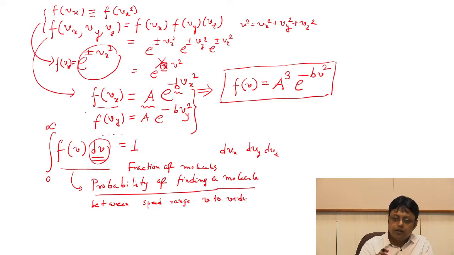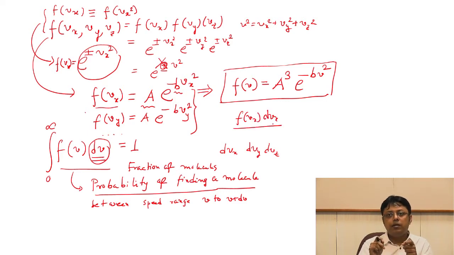But what the functional form we got from f of vx, if we just ask this similar question, what is f of vx dvx, that basically tells you it is the probability of finding a molecule with an x component speed vx to vx plus dvx. So all we have to do right now is to ask this question, how we can get from a...